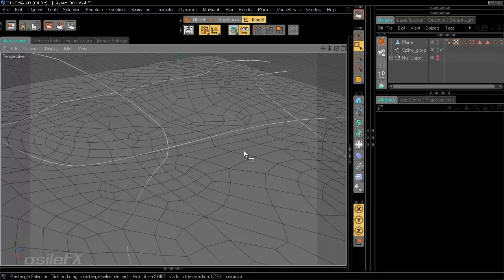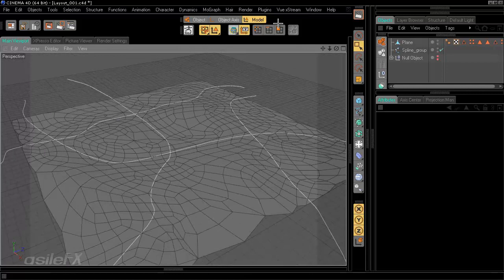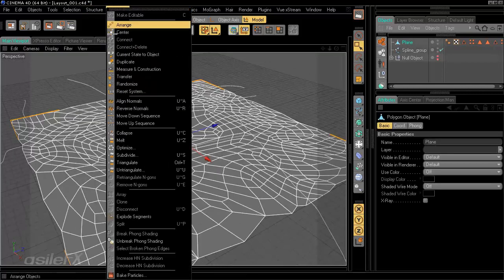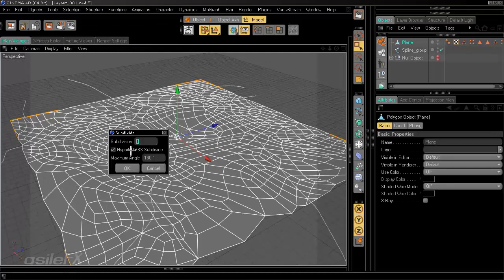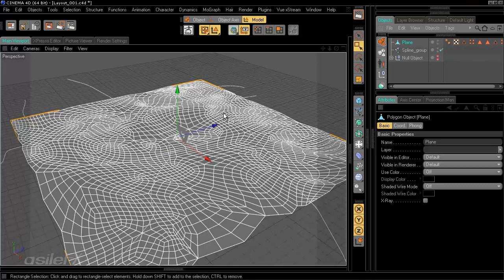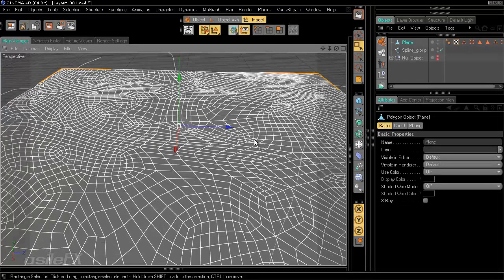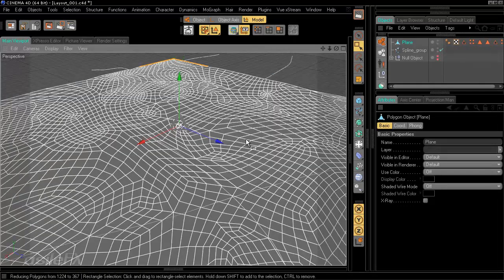So now I'm going to subdivide the mesh again. Functions, subdivide, turn off the HyperNURBS this time. Subdivide once. And this way we start to get more of that grid and straighter look. And then really just depending on how many roads you want to have or how large the city is going to be, you can continue to subdivide,